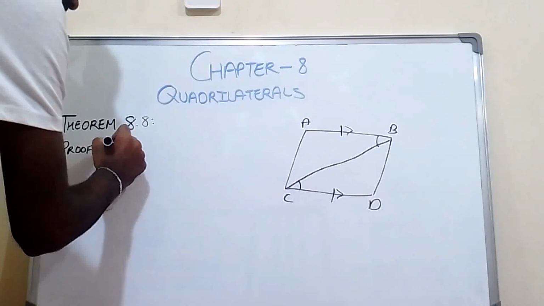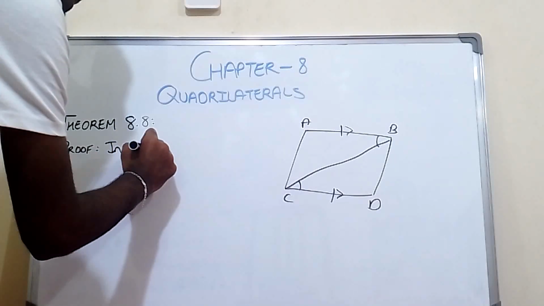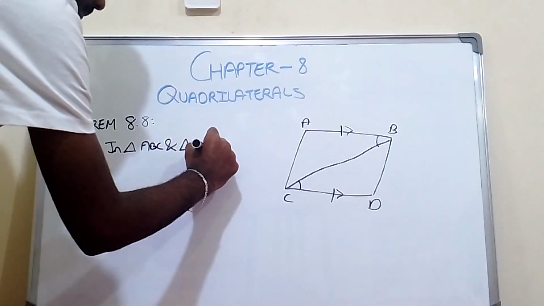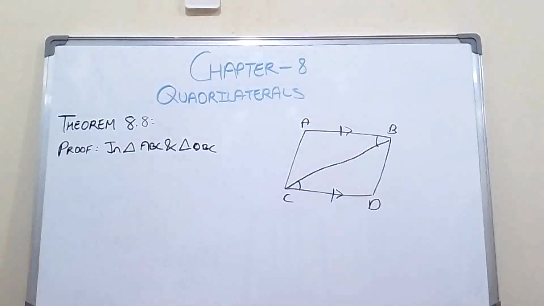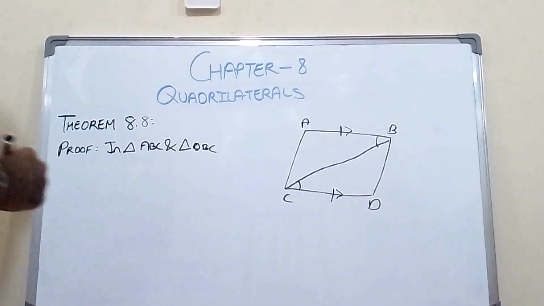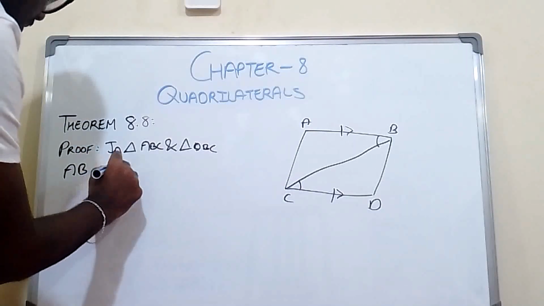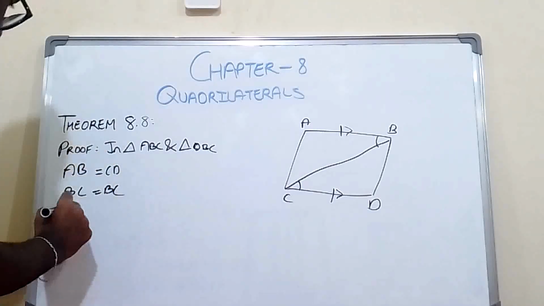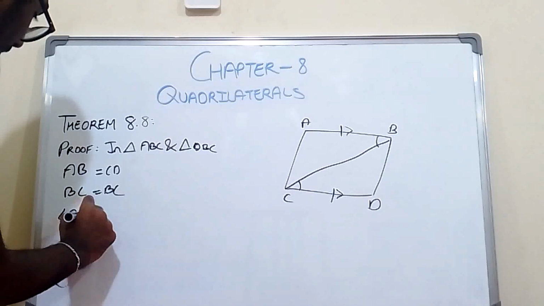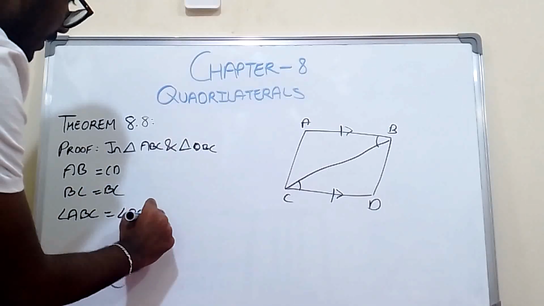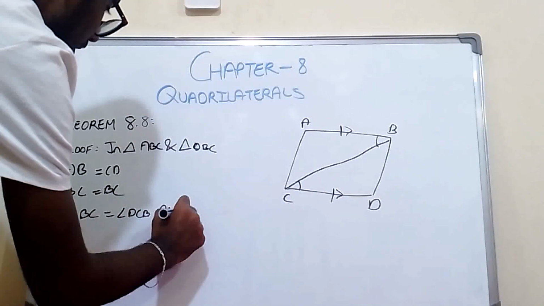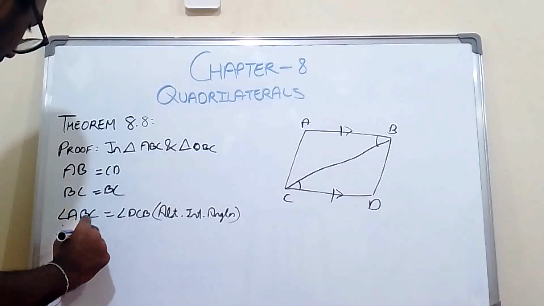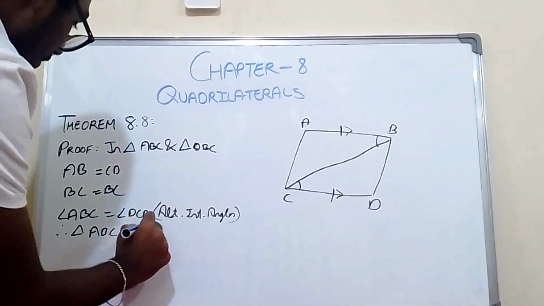So we can take that in triangle ABC and triangle DBC, we have AB equals CD, already given. We also have BC equals BC, common, and then we have angle ABC is equal to angle DCB because of alternate interior angles. Therefore, we can tell that triangle ABC is congruent to triangle